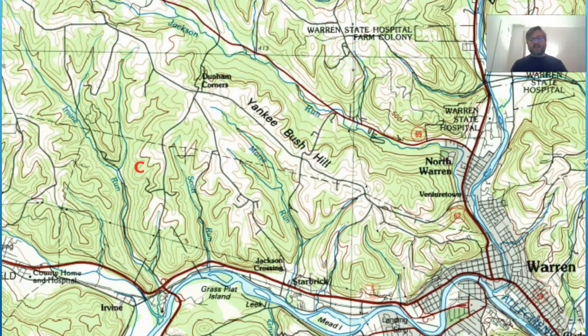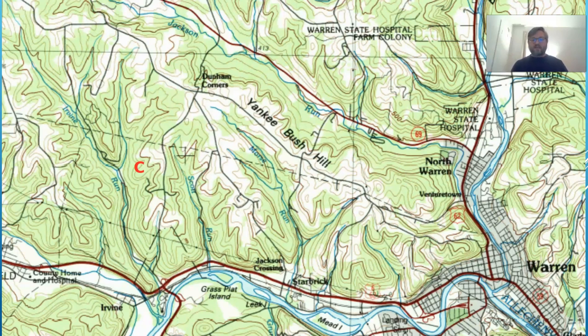Jackson Run is not a tributary of Morse Run. It flows into the river at a different spot. So we can say Yankee Bush Hill is part of the drainage divide between the Morse Run watershed and the Jackson Run watershed. And we could continue to try to follow the top of the ridge around